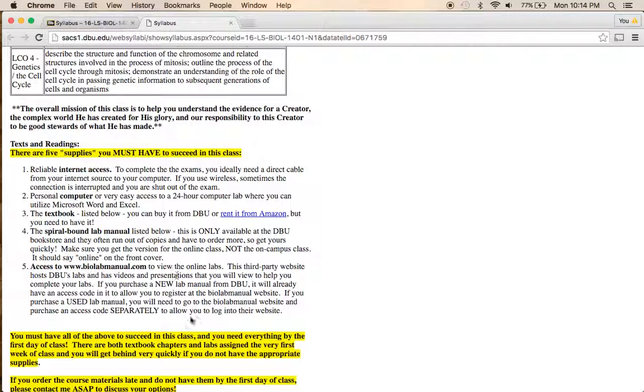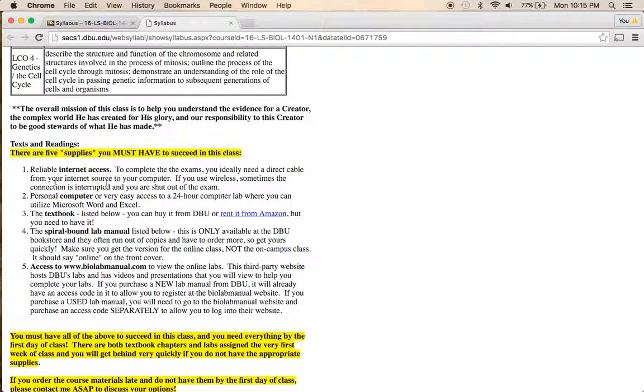Now, this is an important thing. You'll notice as we go that I've highlighted some of the different things on the syllabus. This first item has to do with the required supplies for the class. And the reason I've listed these out is because I've taught this class for quite a few semesters now, and the first couple of semesters, it was not intuitive necessarily for the students to realize that they needed all of these things. And so that's why I'm putting it in the syllabus, so you know up front